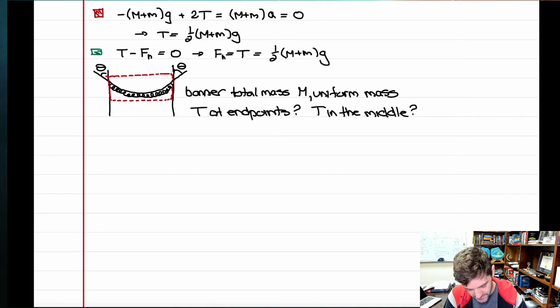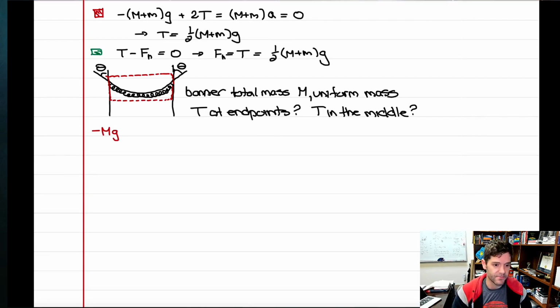In that case, what's the force analysis? The entire banner has mass of big M, so there's big Mg for gravity pulling down on the banner in the vertical direction. And it's not moving, so that gravitational force better be balanced by some upward force holding the banner up. If I look at my system, what's touching the banner in this case? Just the two endpoints at the wall where the banner comes in contact with the wall. So whatever the tension is at the knot that's holding it up to the wall,